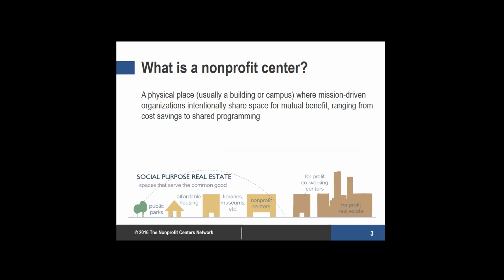Nonprofit centers we see as a subset of this greater field of social purpose real estate, which is really any real estate that has a bigger mission than just securing a profit. So we see all kinds of different social purpose real estate out there, whether it's libraries, museums, public parks. But really, nonprofit centers are looking at creating an affordable commercial space and a toehold in communities for the nonprofit